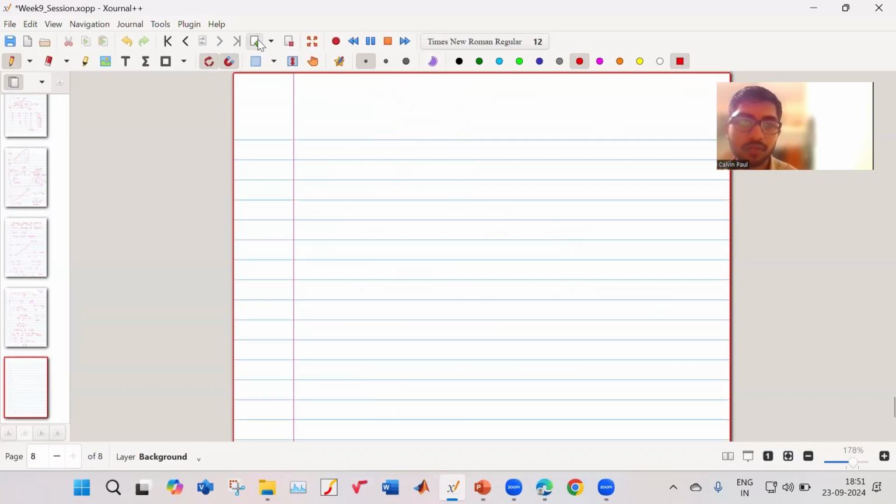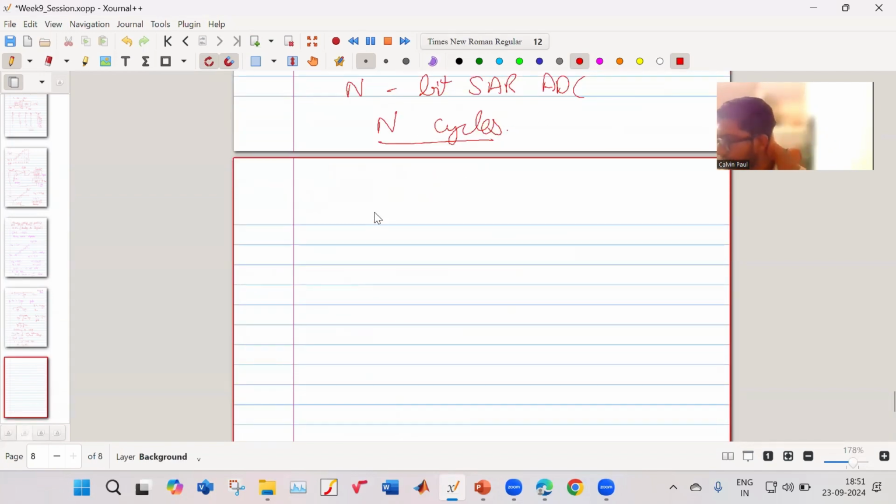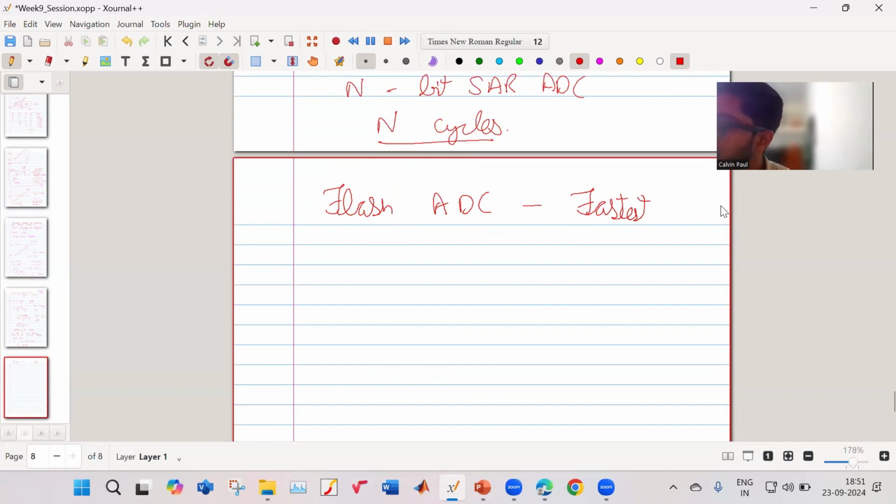So now we have to consider something else that is known as a flash ADC. So flash ADC, you can remember it is like the fastest ADC among the ADCs which we have considered. So in that, what it does is